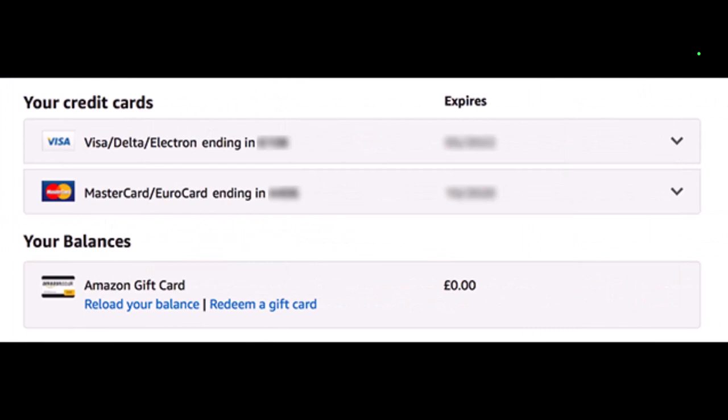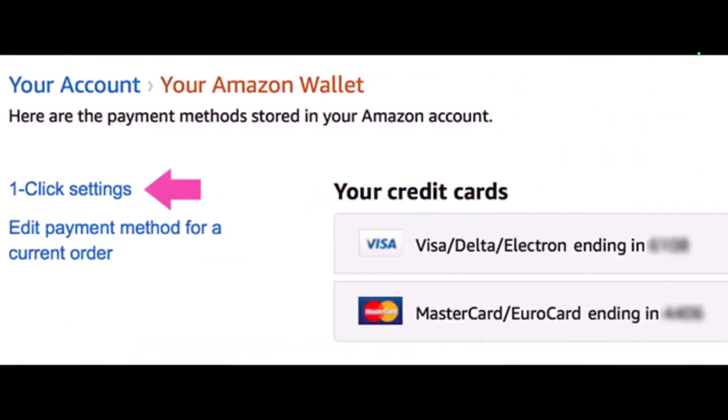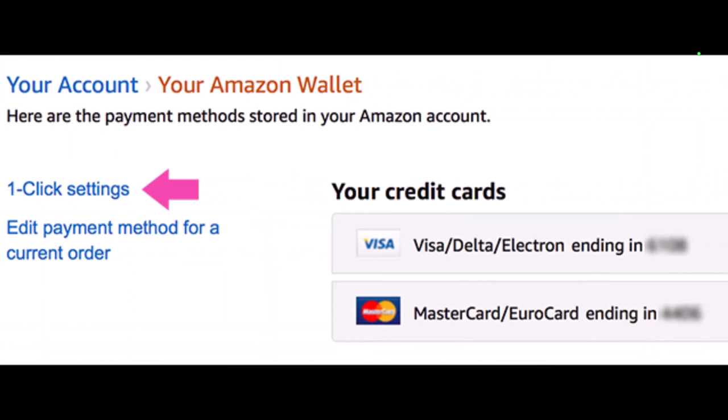So as you can see, this is my much tidier list, and this is just to remove your card details on Amazon. Now we will get to the option of how to change your payment method. Now that the list of cards on your account is looking a lot better, it's time to change the default settings. Now what you want to do is over in the left hand sidebar, click the option called Settings,